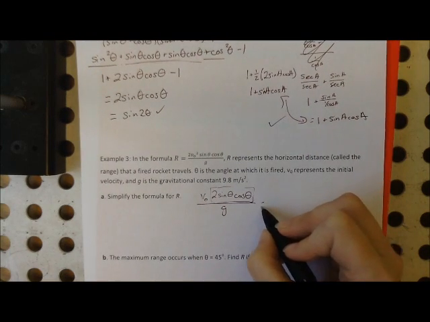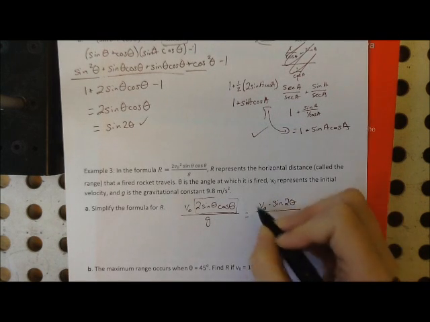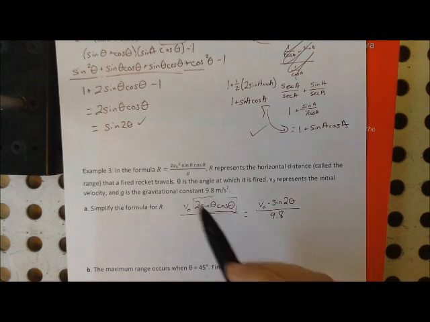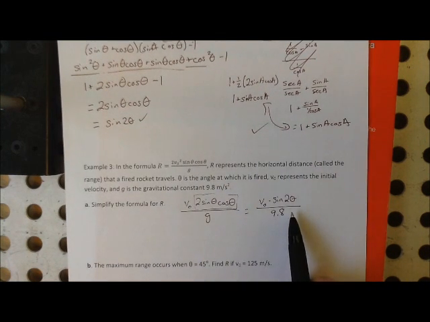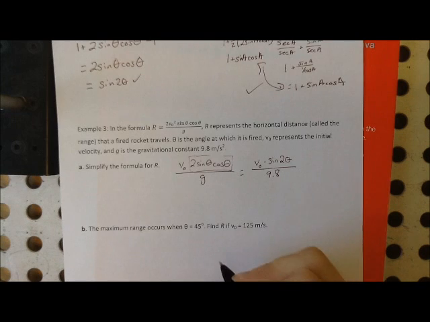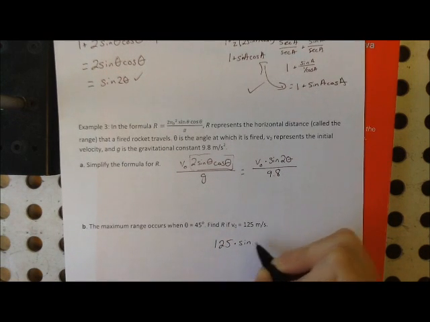So we're going to replace that. So this is now V sub 0 times sine 2 theta over, well, let's go ahead and replace g with 9.8. So that is a simpler looking formula than this is. V sub 0 times sine 2 theta over 9.8. The maximum range occurs when theta is 45 degrees. Find r if V sub 0 is 125 meters per second. So we're going to replace V sub 0. And this is sine of 2 times 45